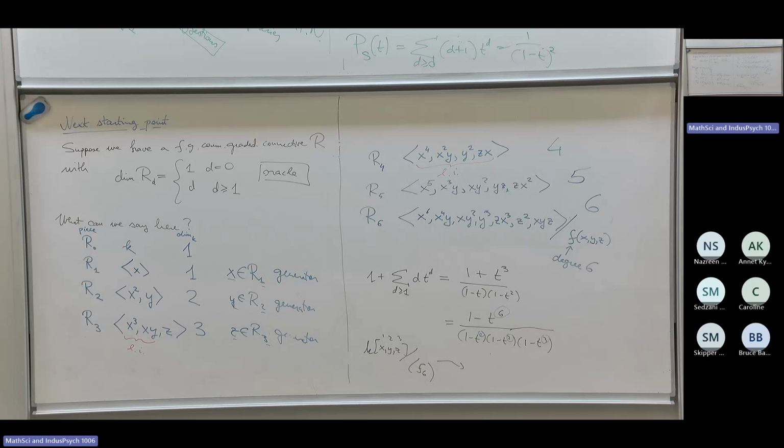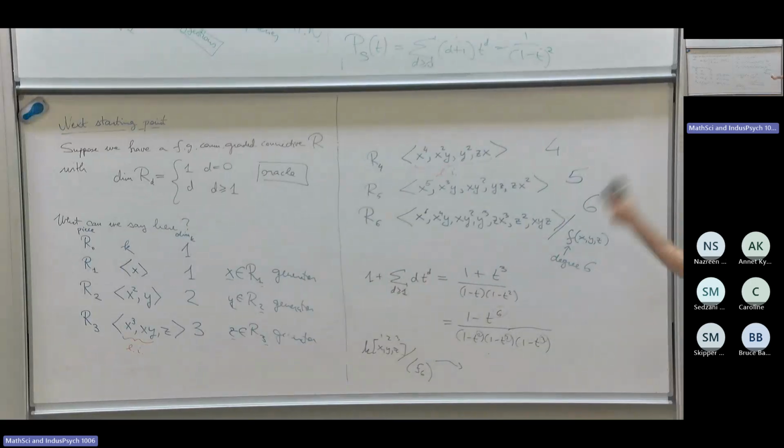Graded, and so on. I won't write it down, but the oracle tells us that the dimension of R_D is 1 if D is equal to 0, and 2D if D is greater or equal to 1. So I won't go through the calculation, but a very similar analysis will give you the following answer. So under linear independence assumptions,